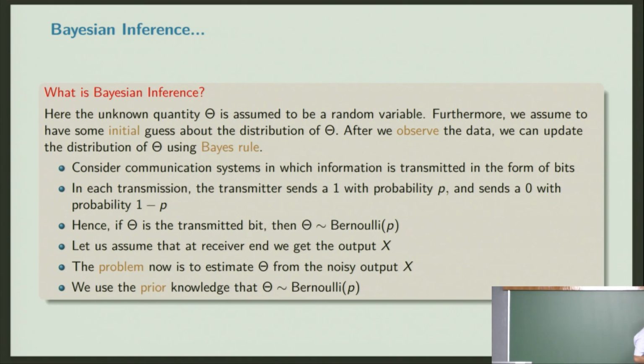We can assume that any experiment with only 2 outcomes, 0, 1, heads, tails, is some Bernoulli, but obviously it may not be a fair coin. It may not be a fair channel. There may be a bias in the probability that a 1 will be transmitted. So we assume there is a p which is not necessarily half. That's why we use a generic p; otherwise, you could have set p to be exactly half. Since I know it's a problem of transmission of bits, I can safely assume a prior to be Bernoulli with p.